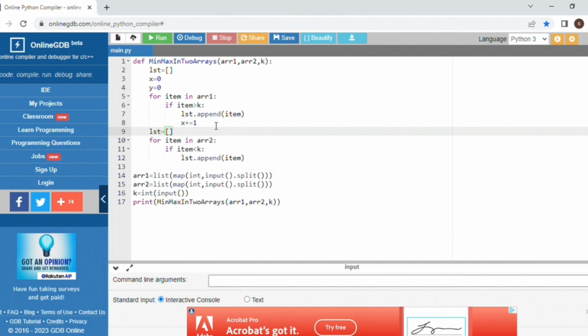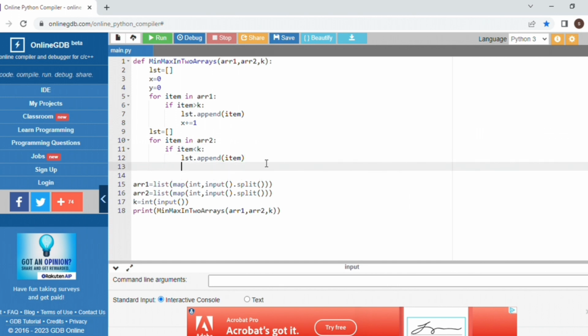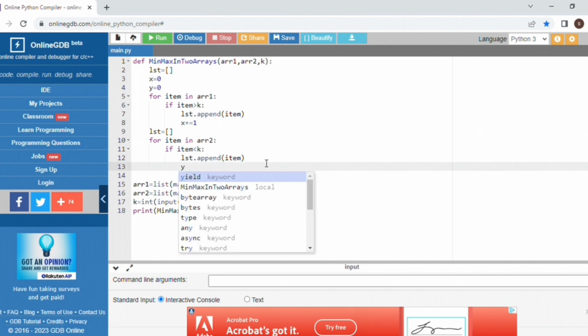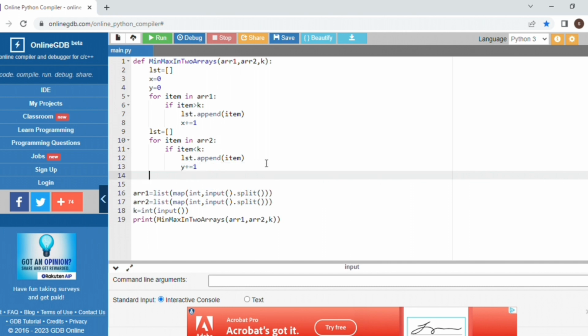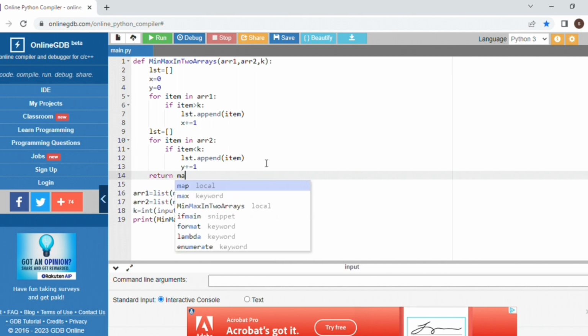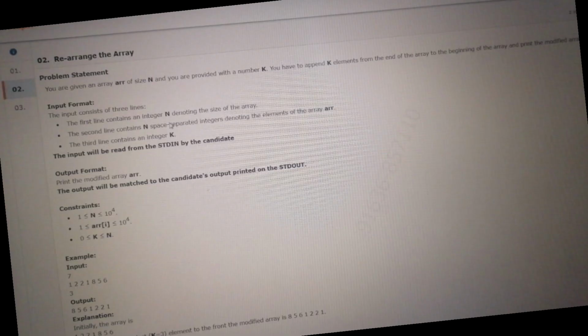I am considering the list as empty now. Again I start appending the elements of array 2 which are less than k, always incrementing the y value when it is less than k, and finally we have to return the maximum of x and y.